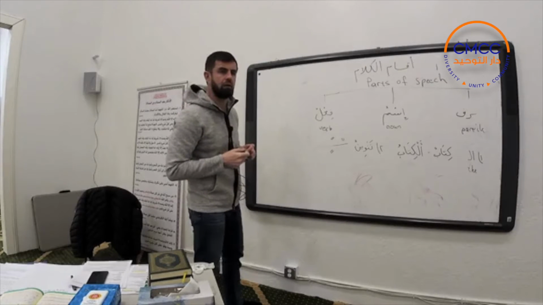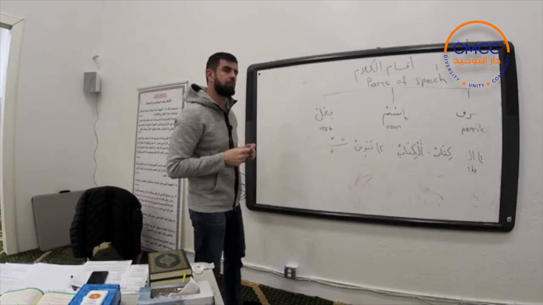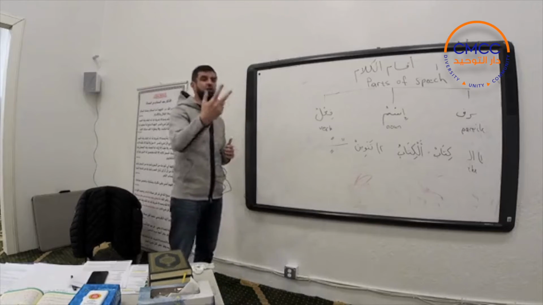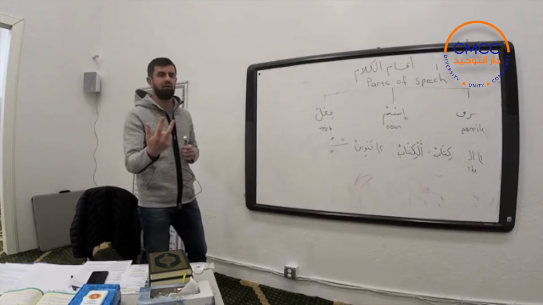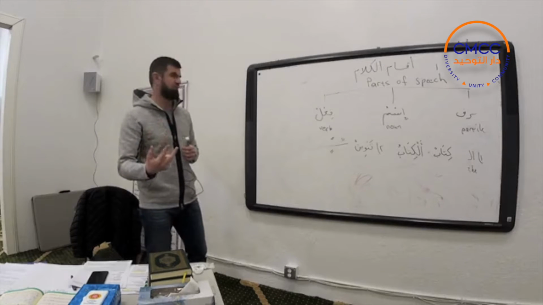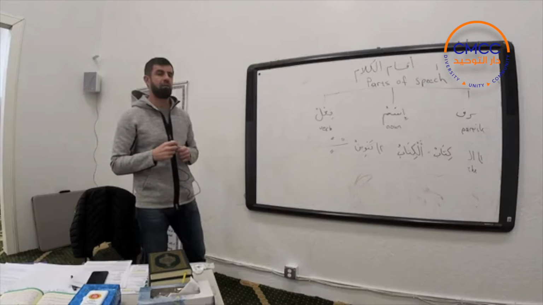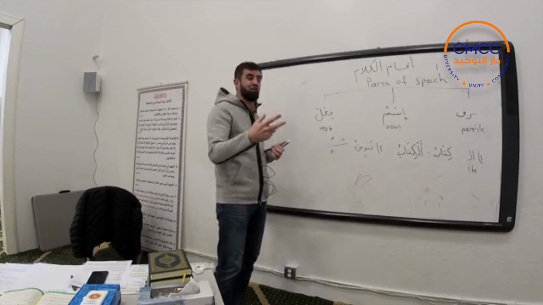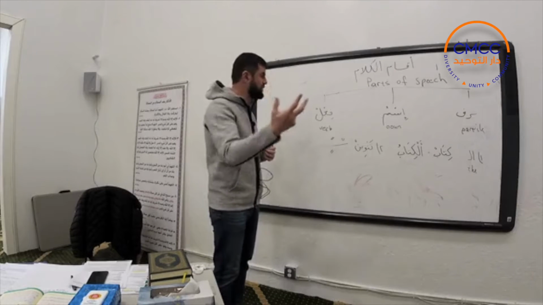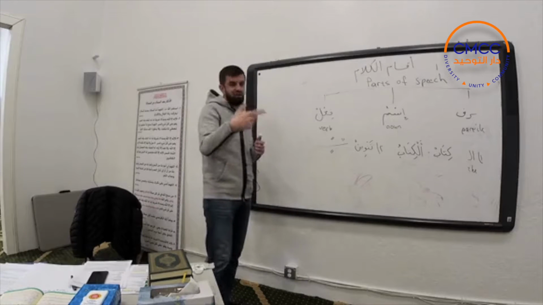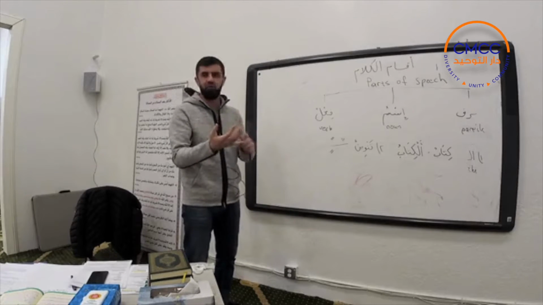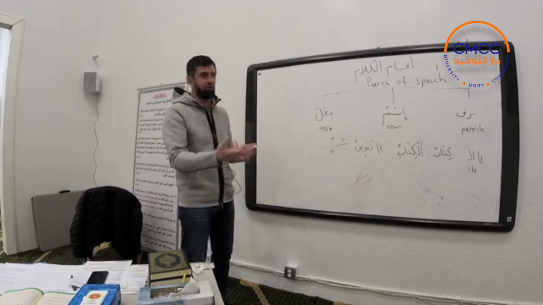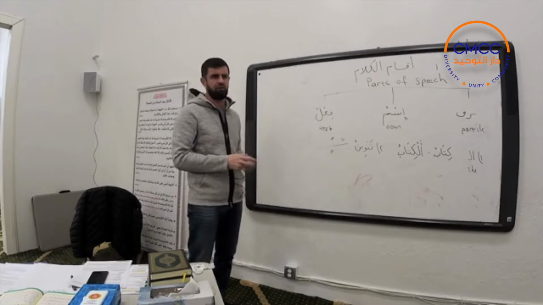I've also heard dammatain, kasratain, fathatain. Is that correct or no? What you mentioned right now, fathatain, means two of them. Can I say that in relation to this or no? No, probably not. Dammatun, fathatan, kasratin. Yeah, exactly. If you want to say two tanweens or two dammas, for example, it's dual in Arabic. We have singular, we have plural, and we have dual, right? You know that. So what you mentioned right now is a dual. I don't think it's related to this one.